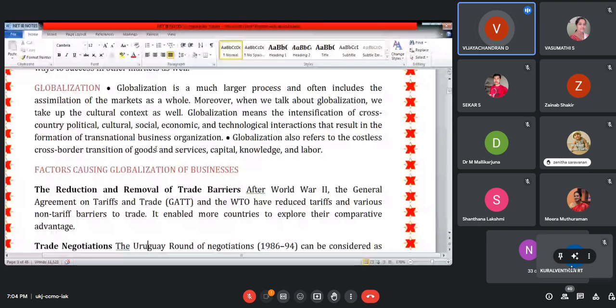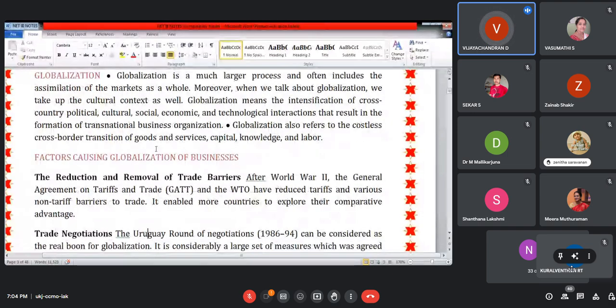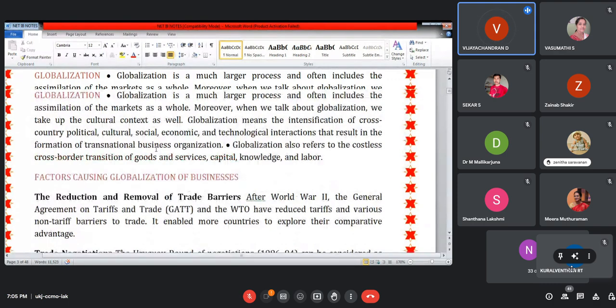Okay. So I told what is globalization. Globalization means what? Your business is not restricted to the domestic market. You are going for a larger market share. I told the stages. That is very, very important. The stages. So first one is international trade. Inter means in between two countries, that is international. Then you will go for globalization. That is the next stage.